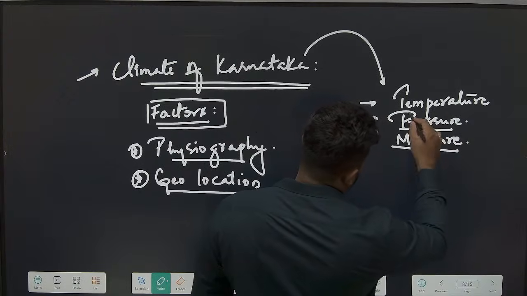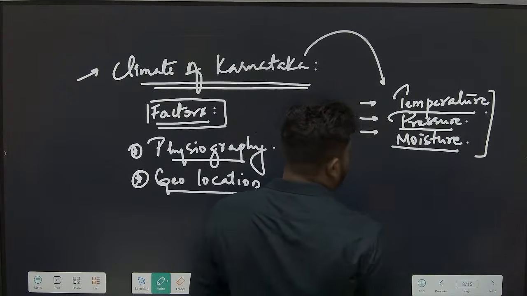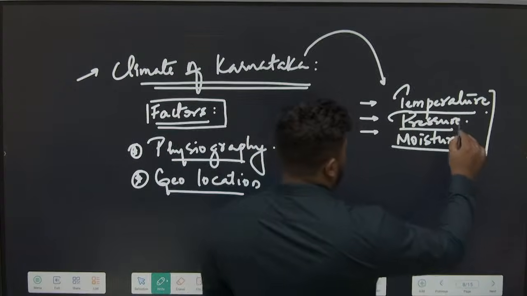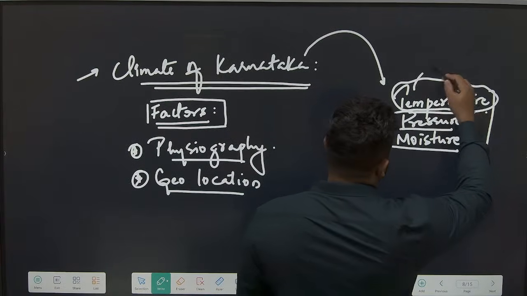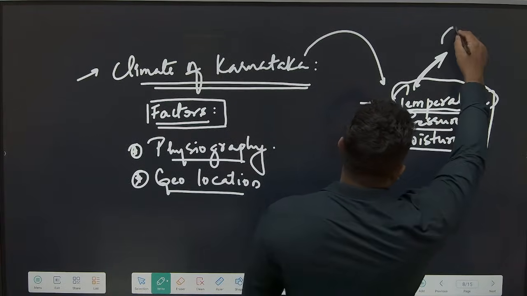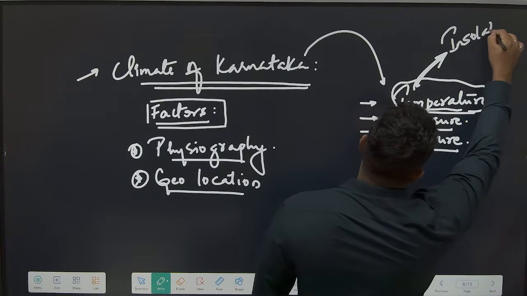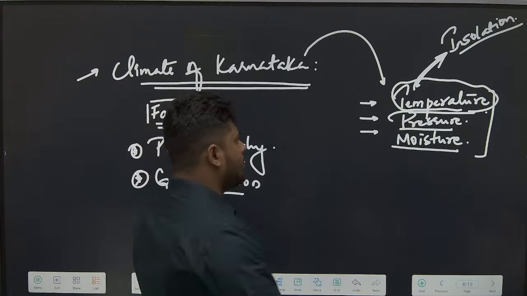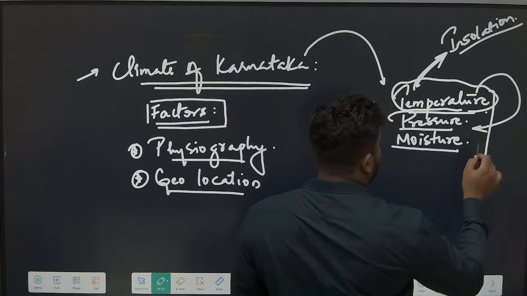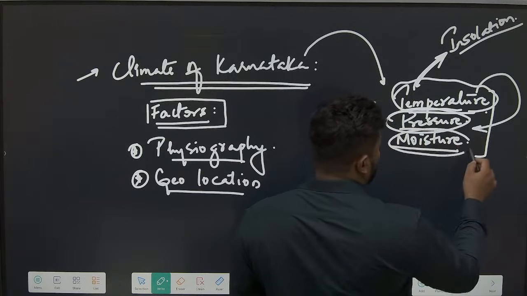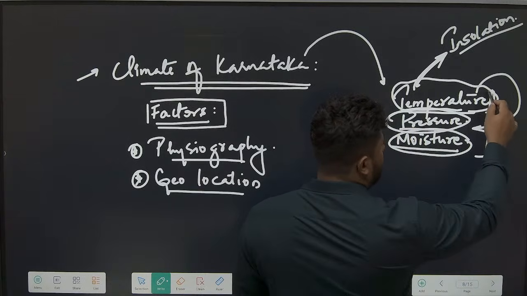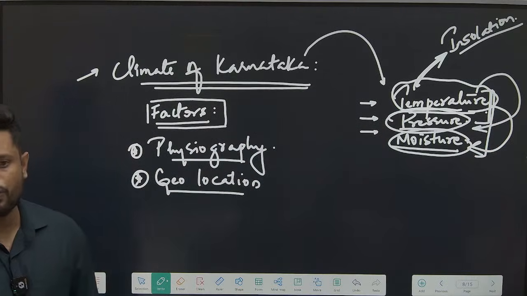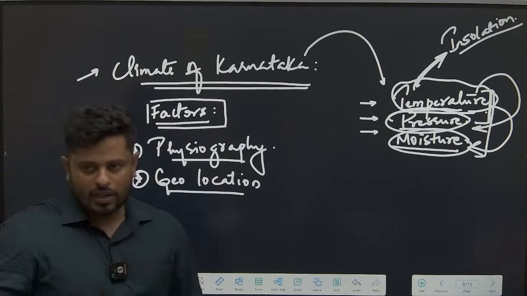Of these, I cannot say which is less important or more important, but the most dominant factor here would be temperature, the source of which is the incoming solar radiation. The reason why I say it is one of the most dominant factors is that it is temperature that directly or indirectly regulates the other two. In fact, temperature and pressure play a role in regulating the moisture distribution of a particular place. So we'll have to be very specific about the analysis of all these three parameters.